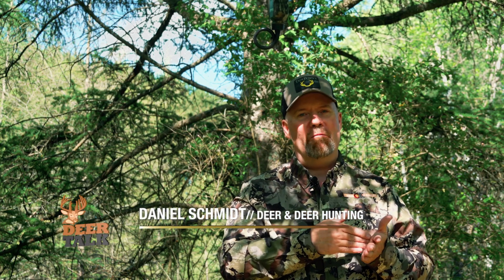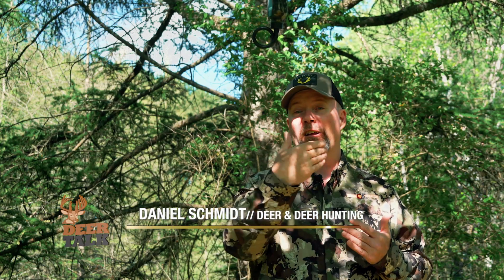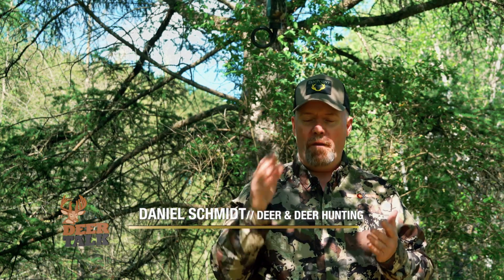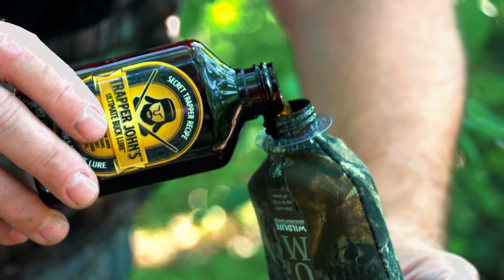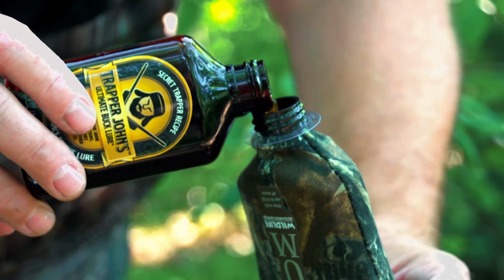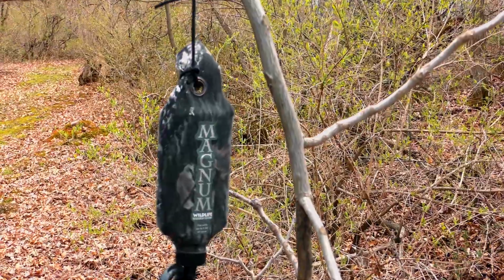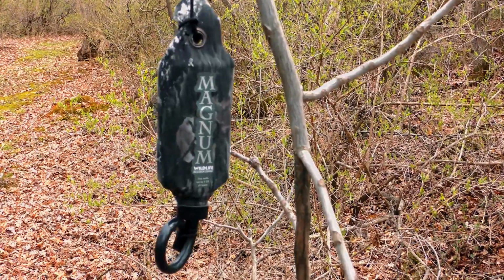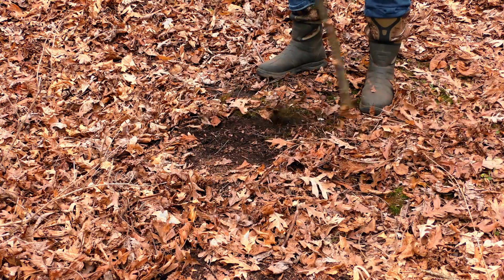We're getting to that time of year. We're almost to summer, which means we're going to start doing some serious scouting, especially as we get closer to late summer. One thing that you should really keep in mind anytime you're scouting is make sure that you're following all the regulations. And one of the things that people have been kind of not paying attention to is the use of deer urine. Deer urine is still a very viable tool for scouting and hunting, but what we need